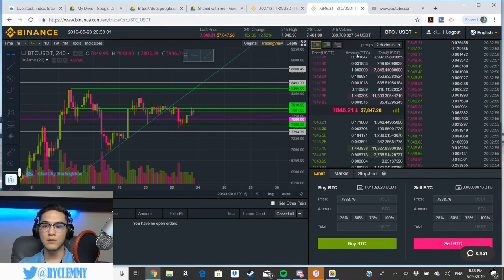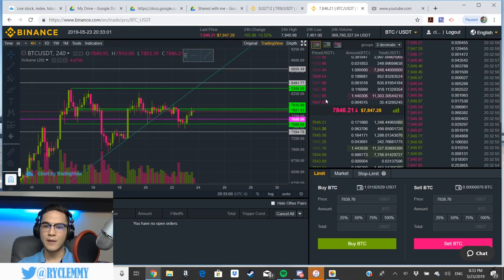And you can see the amount of Bitcoin right here in the middle column that they are trying to sell. And then on the right, you will see the equivalent US dollar tether value. In this case, for example, this order is trying to sell 0.004515 Bitcoin, a very small portion of a Bitcoin at this price,